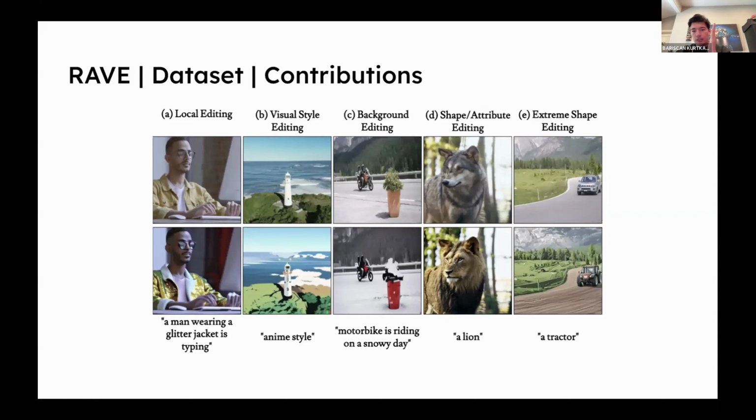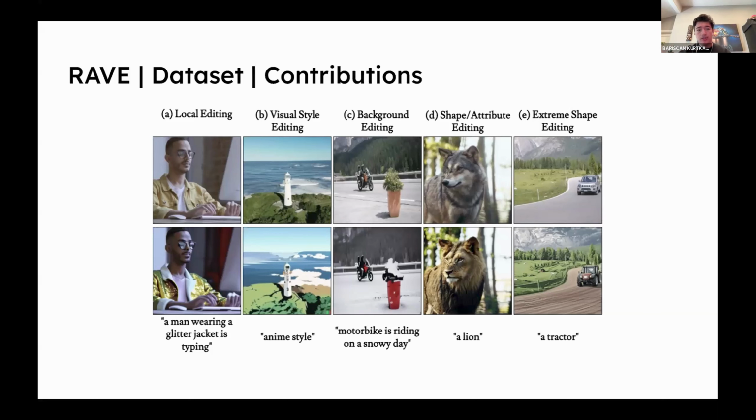For example, in the shape attribute editing, the wolf and lion have a similar architecture, but a Jeep and a tractor don't have that much. So we call that extreme shape editing, and we try to change the structure extremely to show if we can handle it or not, and we show that we can do it and